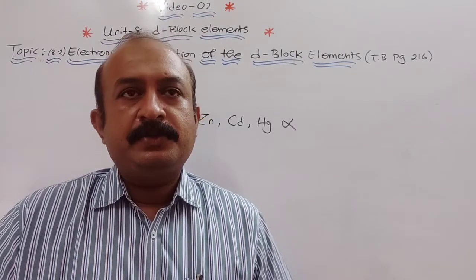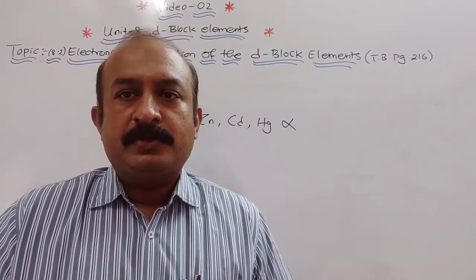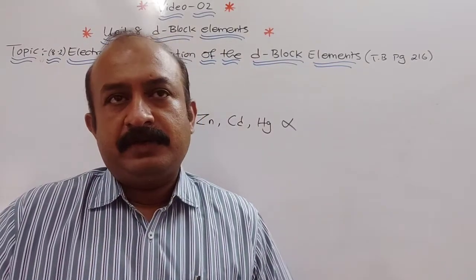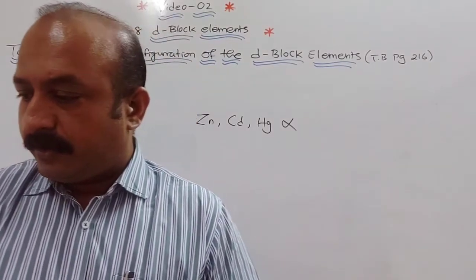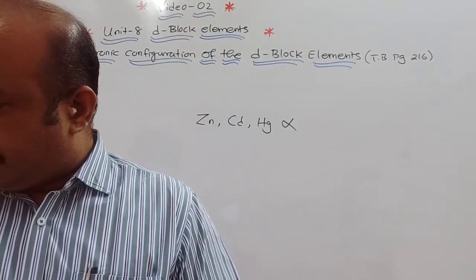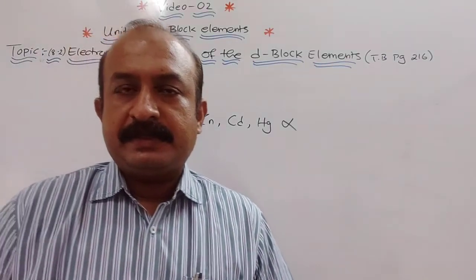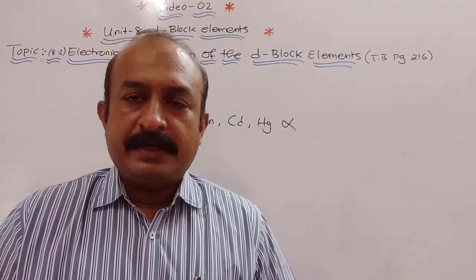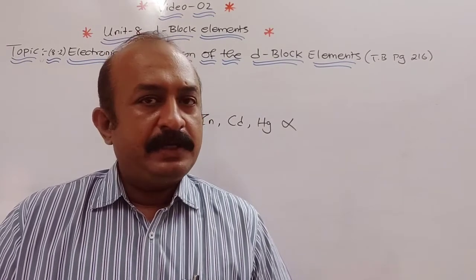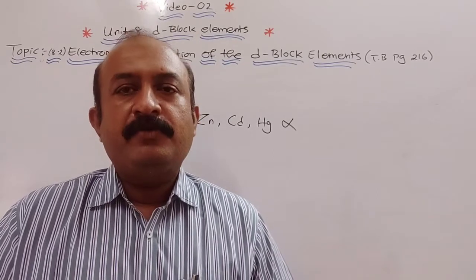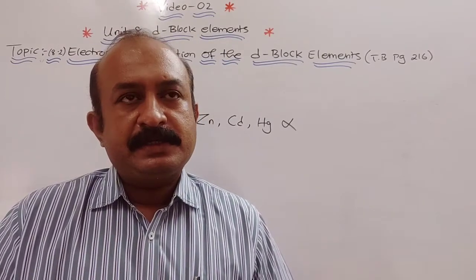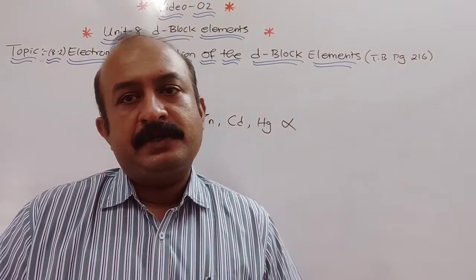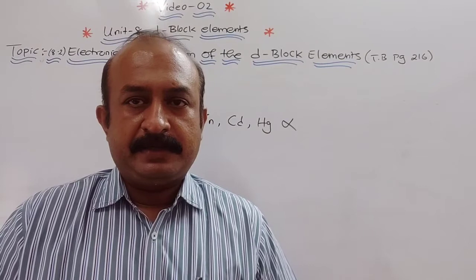In the first series you have to take argon as a common configuration in the electronic configuration. For the second series, krypton is there. For the third series, xenon is there, and for the 4th series radon is there. So this was all about electronic configuration, where the 4 series start. The 6th and 7th series are inner transition elements, that is lanthanoid and actinoid, which we will be studying in the next part of the topic later.